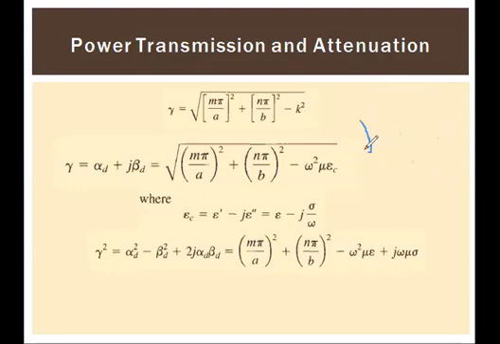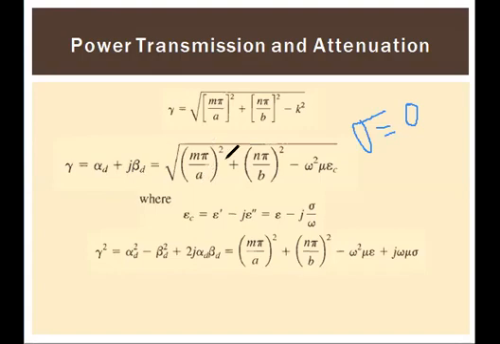we have to consider that conductivity is not equal to 0. Then all our equations still hold the same, except that gamma equal to j beta needs to be modified. This is achieved by replacing the permittivity, and we can write that gamma equal to alpha d plus j beta d,